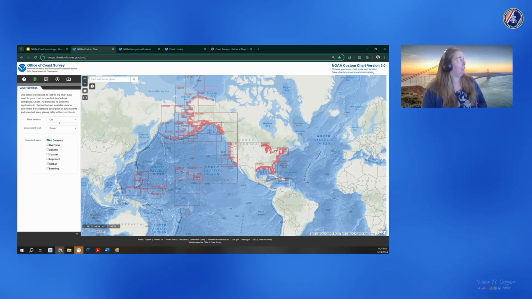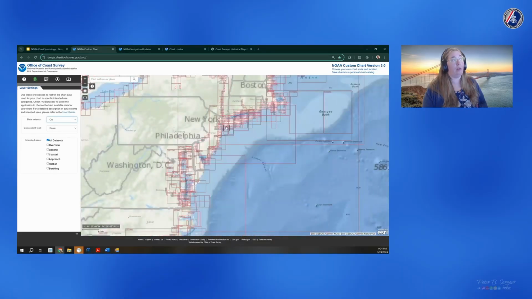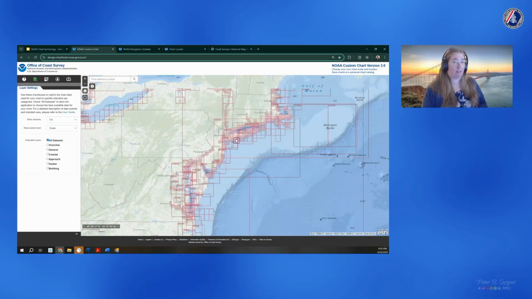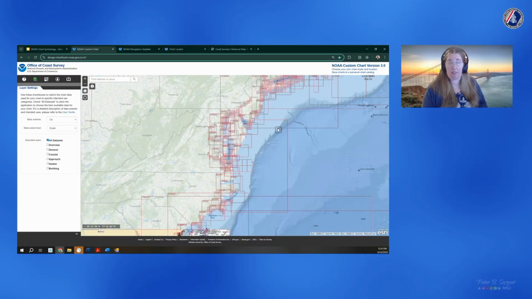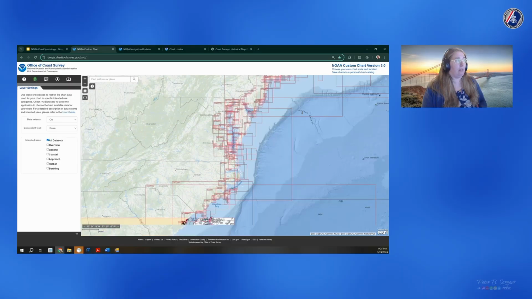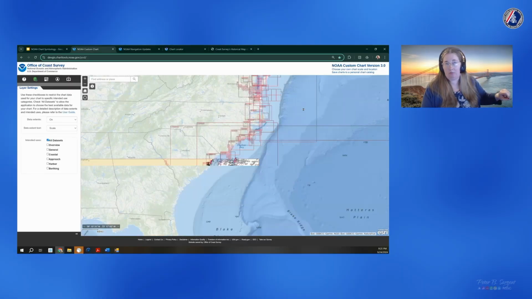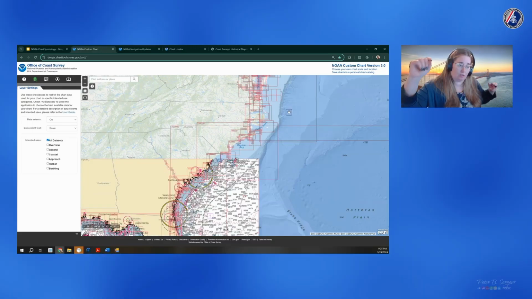So what that does is you can turn on your data extents, which are these red boxes, and these are your ENC MBRs. And I say MBR because it is the minimum bounding rectangle. Most of the time, the MBR is the same as the chart footprint. But there are some special cases when you have skewed ENCs, or sometimes very complicated ENCs that there might be multiple parts, and the MBR will basically take the lower left and the upper right hand corners of that chart and make